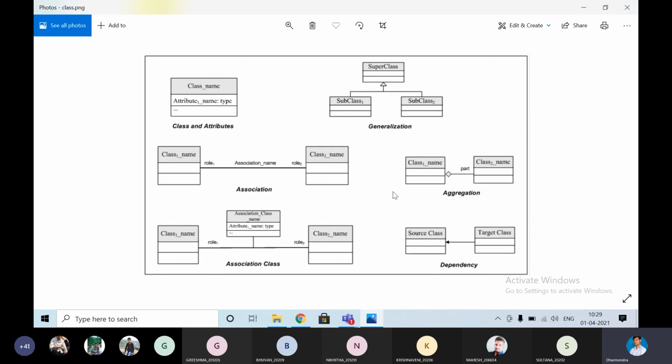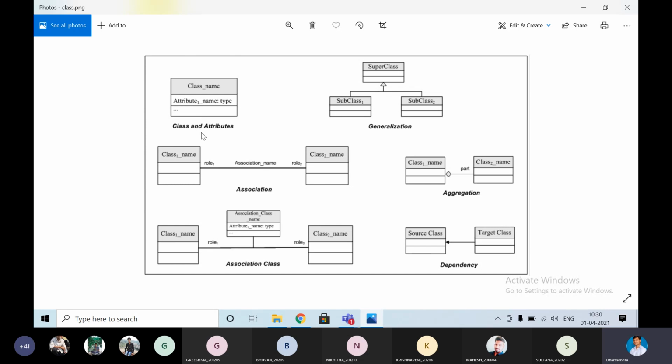If you want to implement the class diagram for an ATM, there also we'll take the components. So what are the relationships among the components and the users? So how will the class and attributes be represented? First of all, listen here. This symbol we have to consider. It is a vertical rectangle with 3 fields, with 3 parts. Class will be represented with a vertical rectangle.